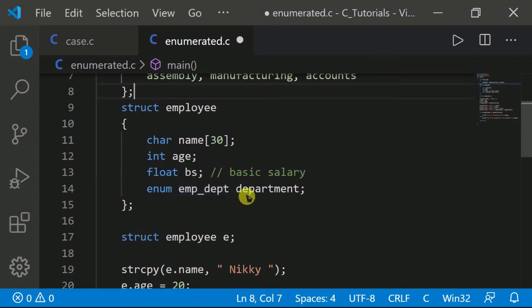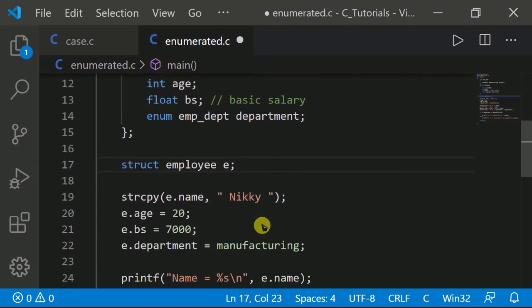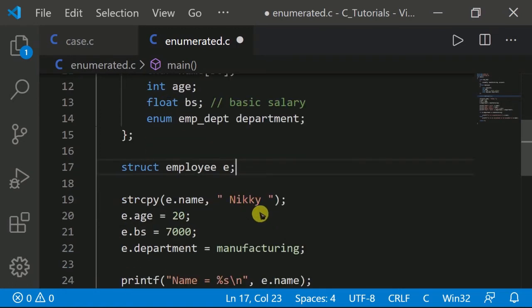Emp dep, we can also type it as department, and struct employee E. Here E relates to employee, so we will use E dot the variable's name to relate it to our employee and get his information. As you can see, strcpy means string copy: in the variable E dot name, we copy the string Nikki.